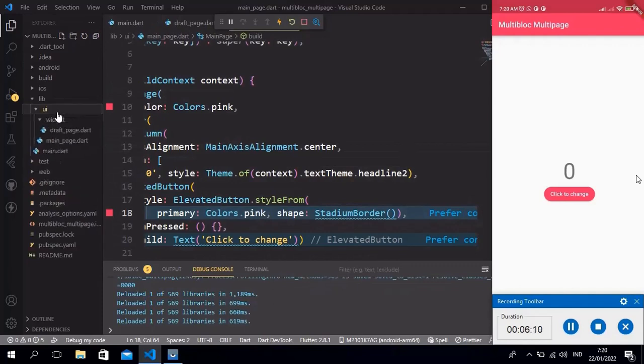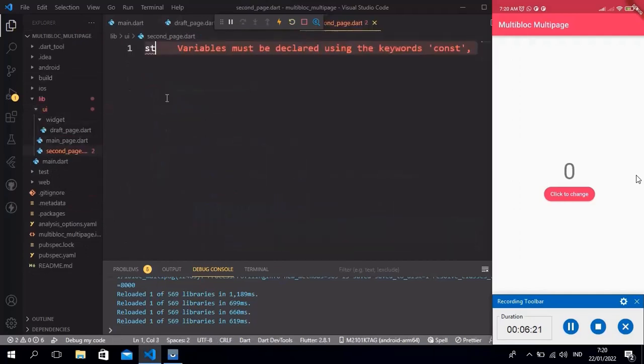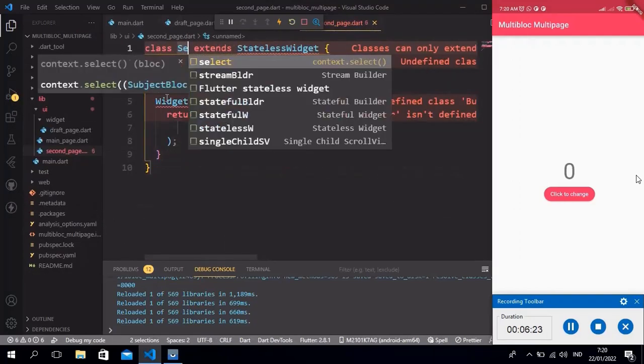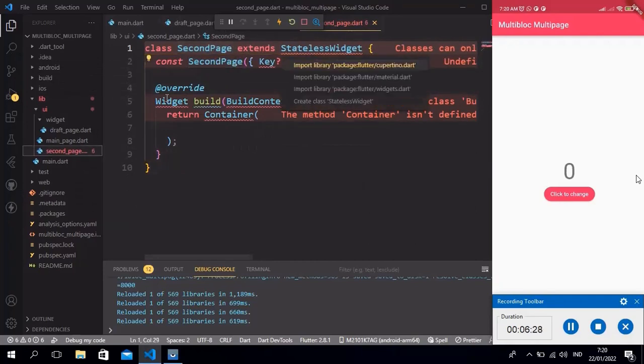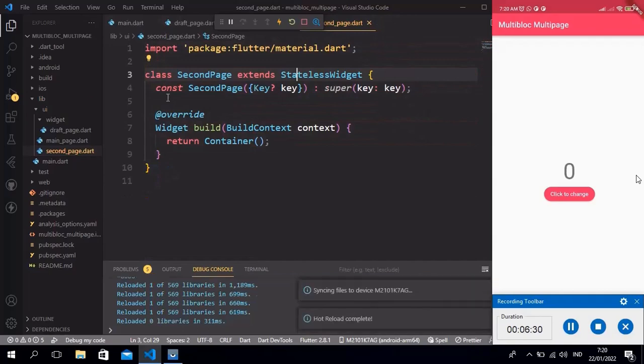And then inside the UI directory, we create a new file and we name it second page. We call stateless widget, we name it second page. We import material.dart.